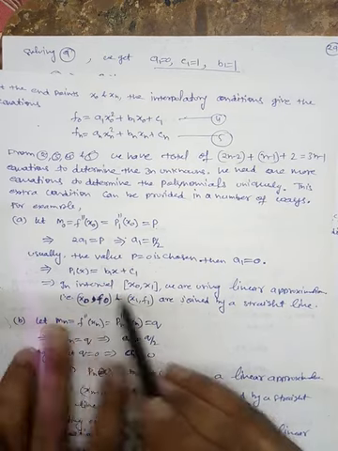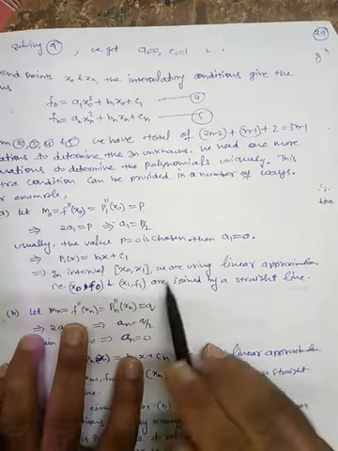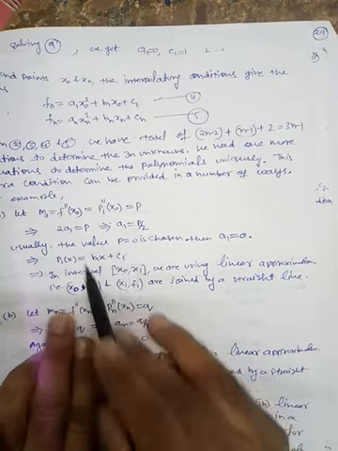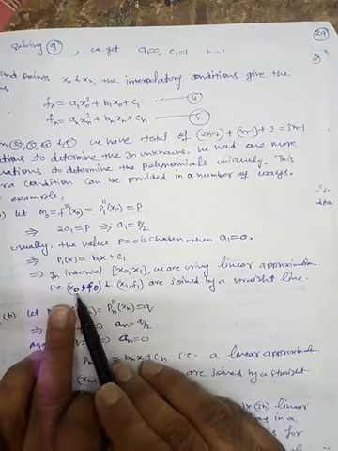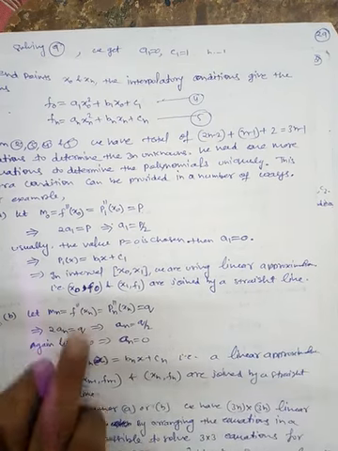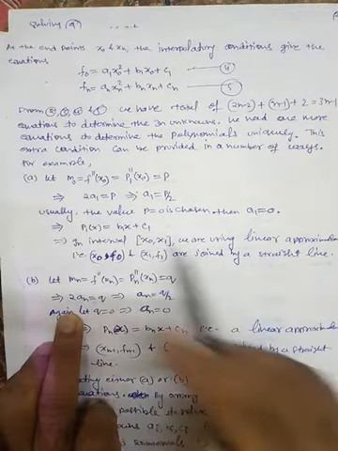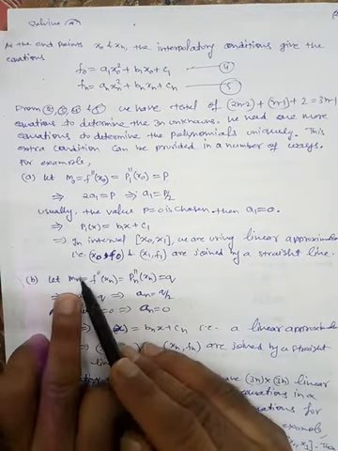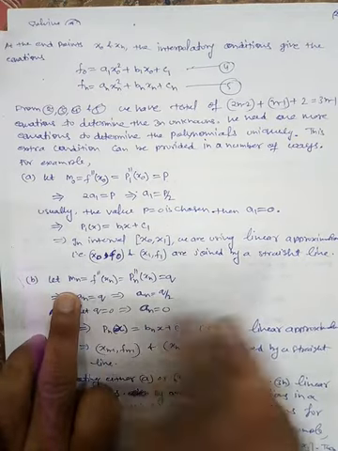So in the interval x0 to x1 we are using linear approximation. This is a linear line. Basically we are joining the points x0, f0 and x1, f1 by a straight line. Now this is the first option. The second option may be for the last interval, that is mn.